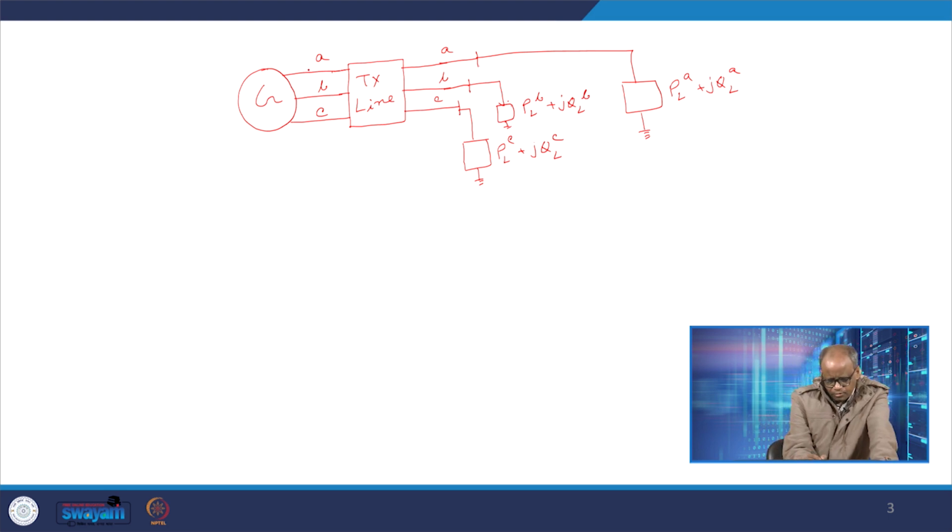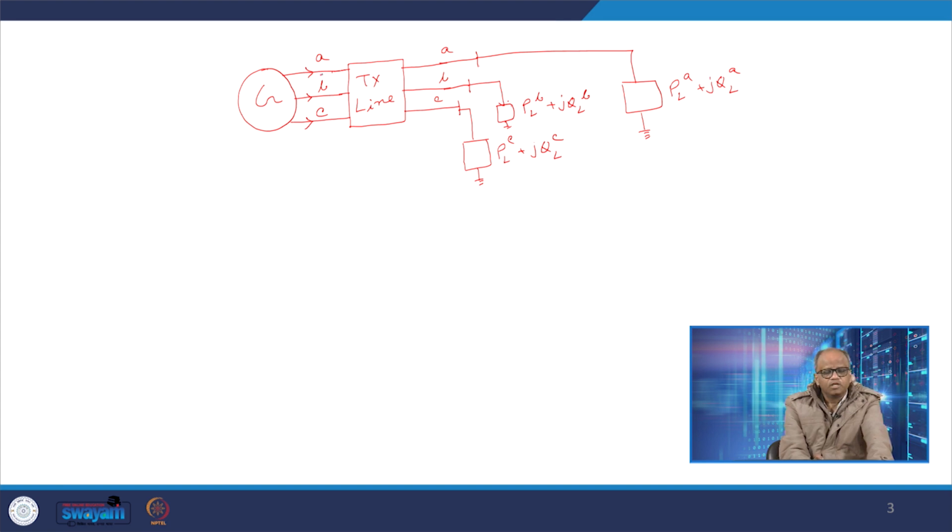Now to supply this, there will be some power here, some power here, and some power here, and the total power out of the generator would be equal to this plus this plus this, as well as the real power loss. Also the total reactive power generation by the generator, comprising all these three phases, would be QLA plus QLB plus QLC plus any reactive power loss in the line. So although we can pre-specify the load power at each individual phase,